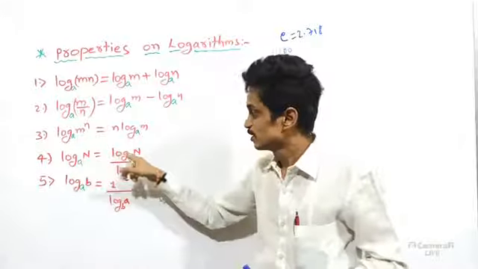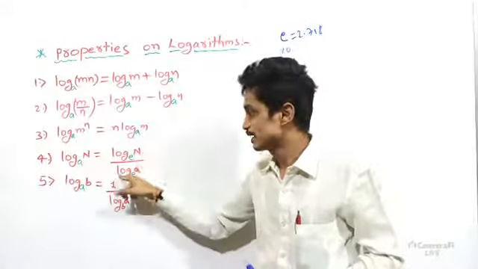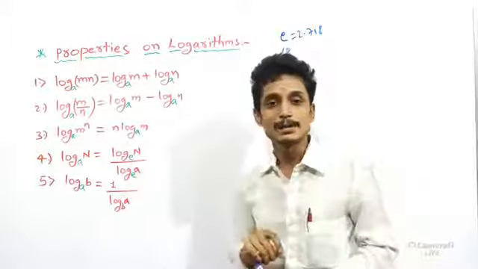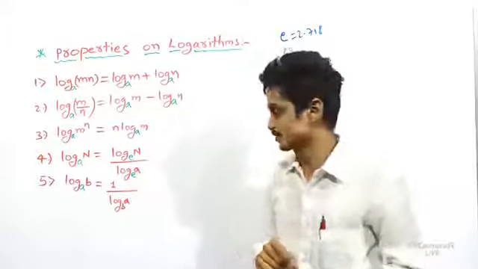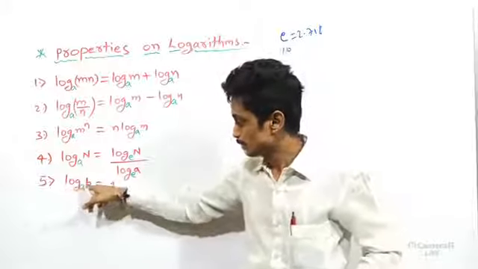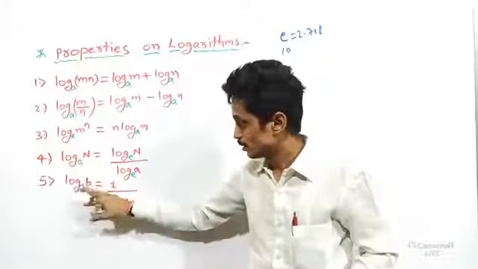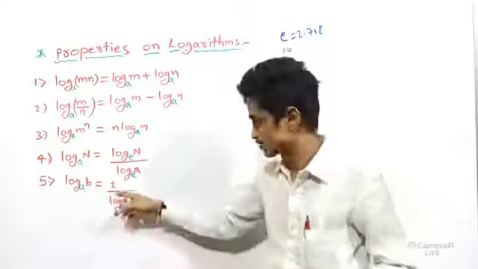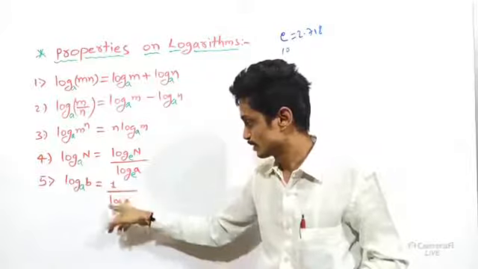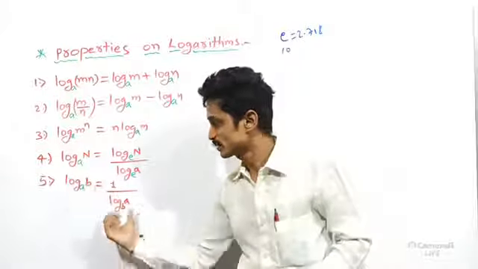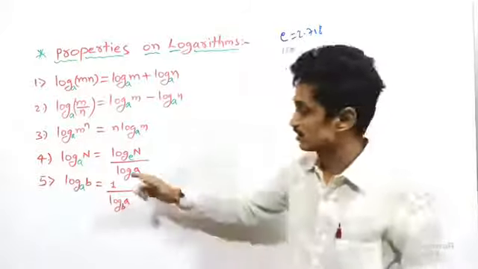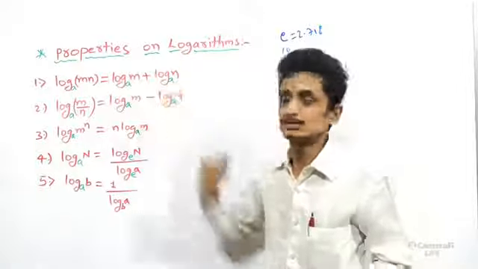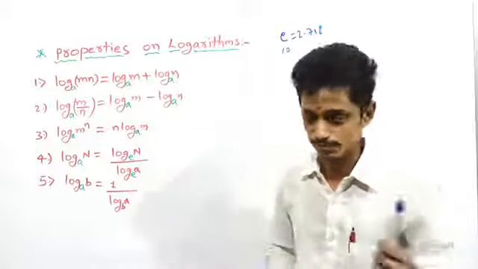So at this time, log of the number divided by log of the base, leaving this constant that we applied as a base. Now log of the base a. Now I will replace the base, the log changing the bases. At this time we get 1 divided by log of a to the base b. One type of reciprocal we also have to consider. Now let us start how we got these properties. Those proofs I will give you now.